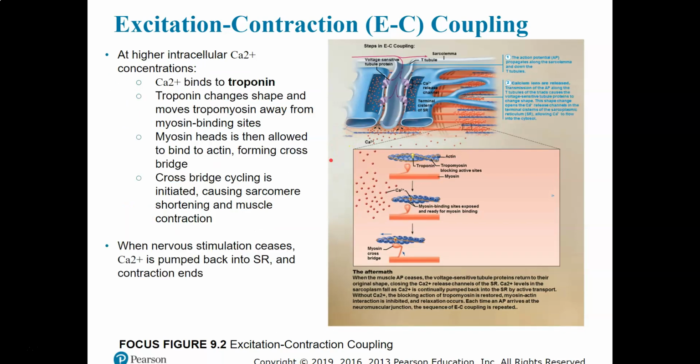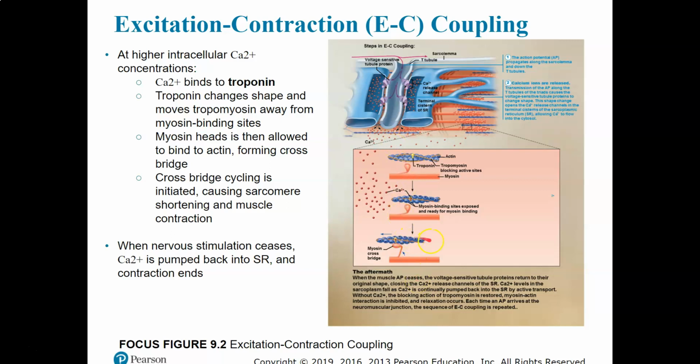When the level of calcium in the cytosol increases, the calcium is going to bind to troponin. Troponin is then actually going to move tropomyosin out of the way. When troponin moves tropomyosin out of the way, myosin can bind to actin, and we get cross bridges forming. And then we are going to have what we call cross bridge cycling, where the myosin is going